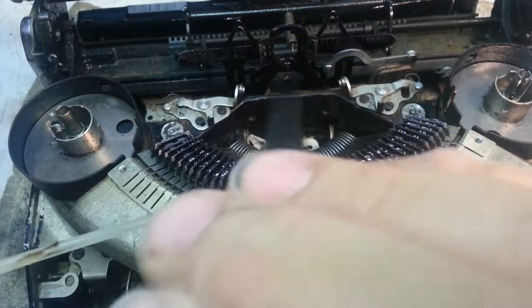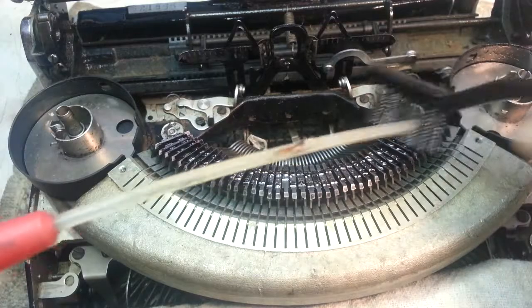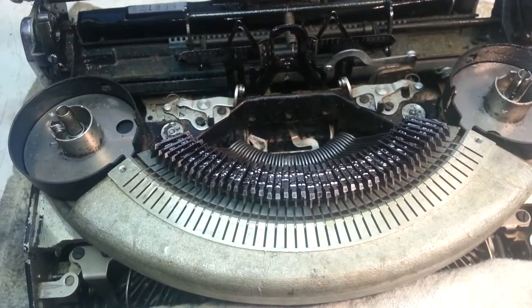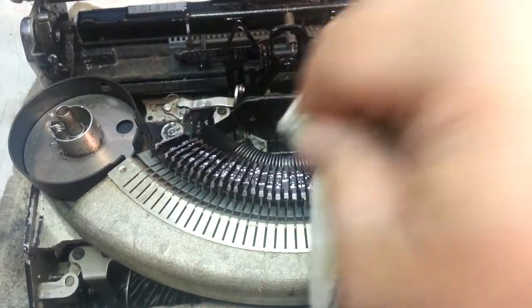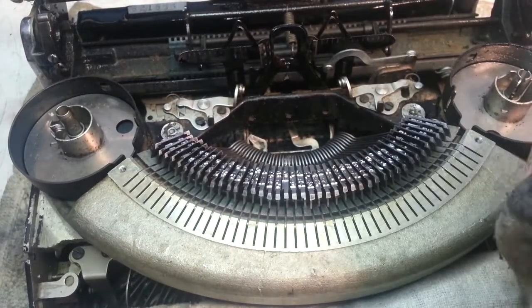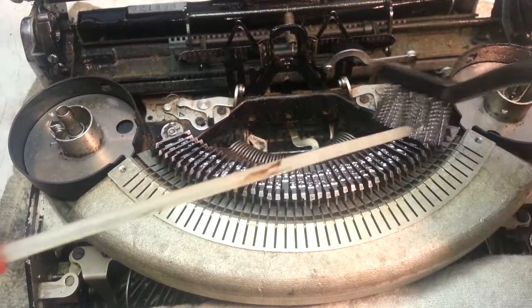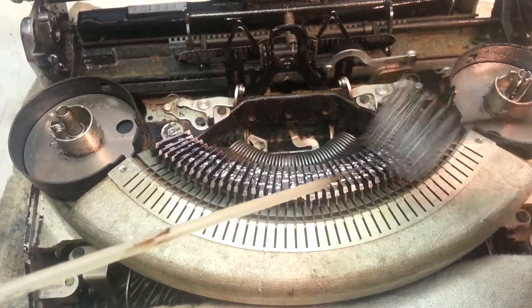These Noiseless machines have a unique typeface, type slug. It's got this angle. And then I'm going to use this rag, I guess, to clean out some of the immediate excess. We'll do this multiple times here. And then the next